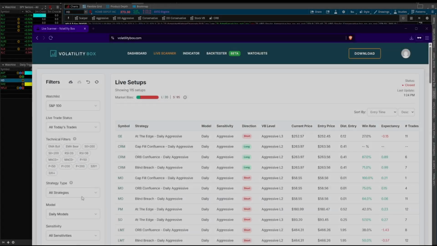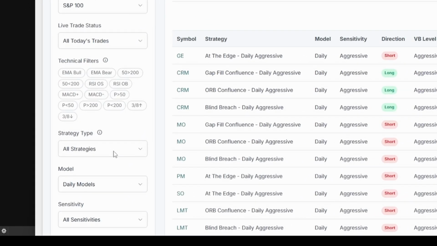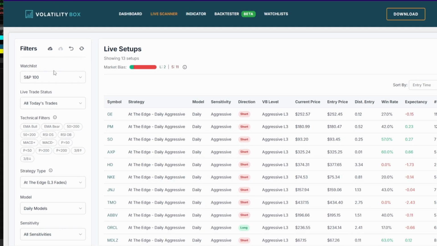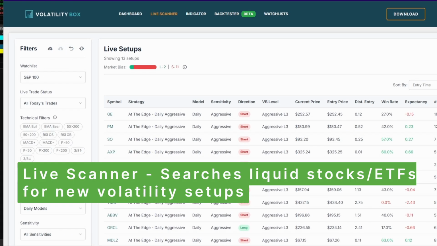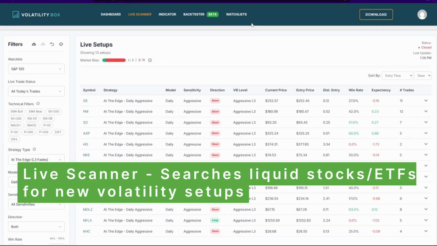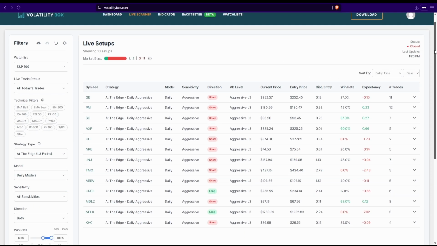In today's video, I'm going to show you one of my favorite setups. This is the at the edge setup. It's a volatility based setup that you can find easily inside of our stock volatility box scanner. Now, if we take a look at the different at the edge setups that triggered today, you'll find a variety